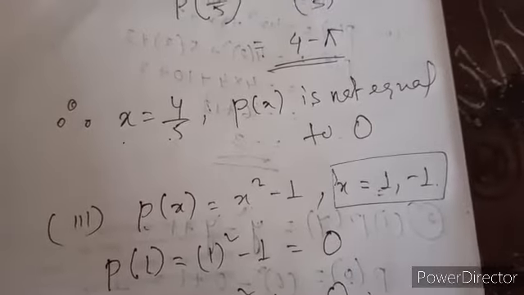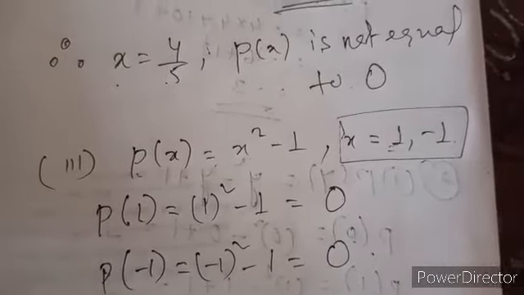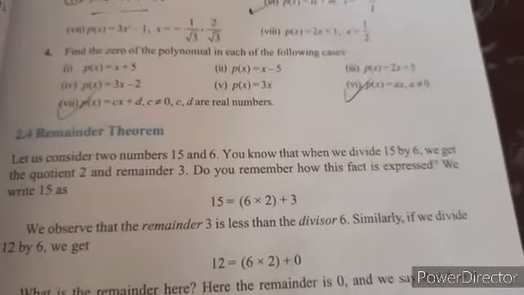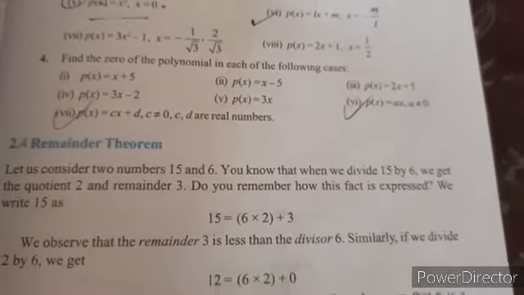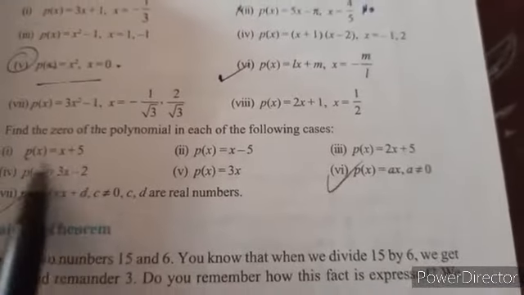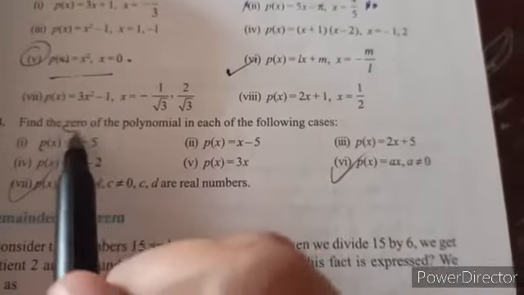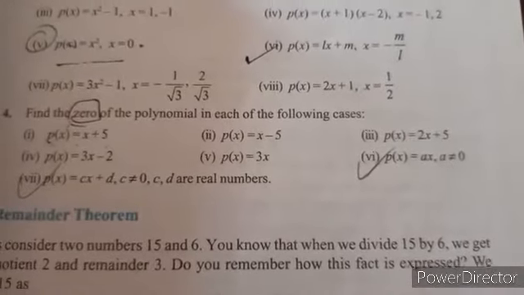Okay, so I have started doing the first three questions. So now you have to try the remaining questions by yourself. Okay. Now in the last question, what is given here, you have to now find the 0. Find the 0 means the polynomial is already given. Now you are asked to find the value of 0. 0 means how you will find the value of x. So this is also a simple question here.